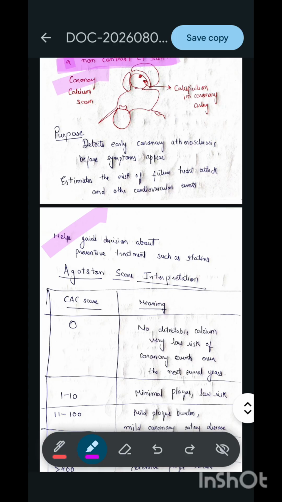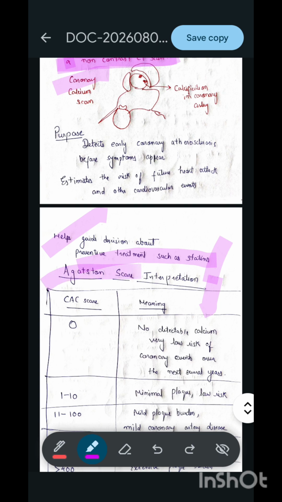Usually what happens, we give the lipid lowering drugs in case your lipid profile is deranged, and in angiography you find a blockage. So in that case we usually have this, but this is a non-invasive test. This is not using any contrast. This is a calcium scoring test. So this can help to guide whether there is presence or absence, whether there is a need to worry, or if there are chances of a subsequent attack, and how you're going to guide the treatment, how you're going to use the lipid lowering drugs for preventing that.